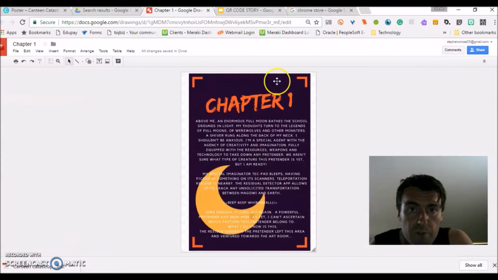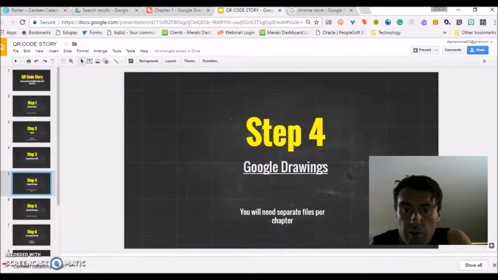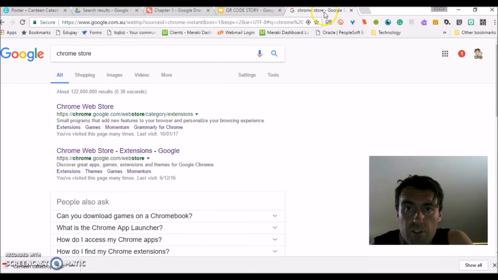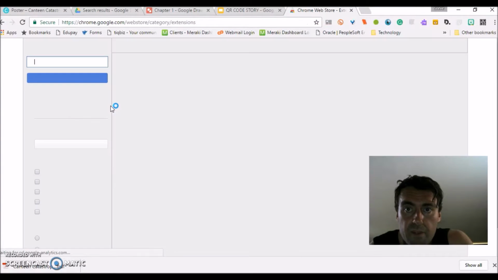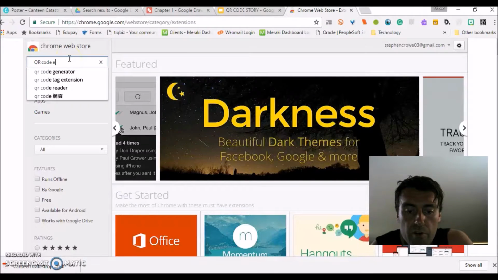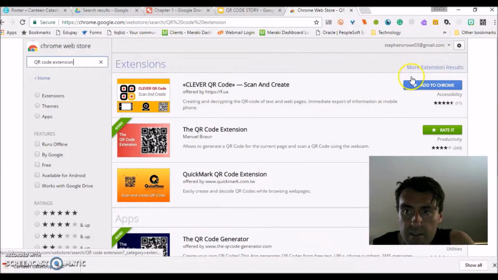Now this is where it gets a little bit tricky. So once you've done that, we download as a JPEG, Google Drawings, we've got separate files. We need to get the QR code extension. So you can get that from the Chrome Web Store. Just pop it up in Google, and then you're going to look for the QR code extension, and it is this one down here. So the red one, you just need to add it to your Chrome browser and it will appear up here